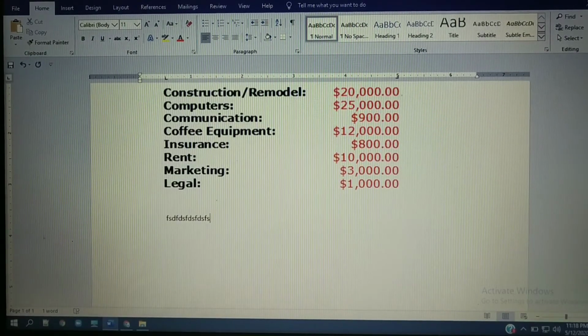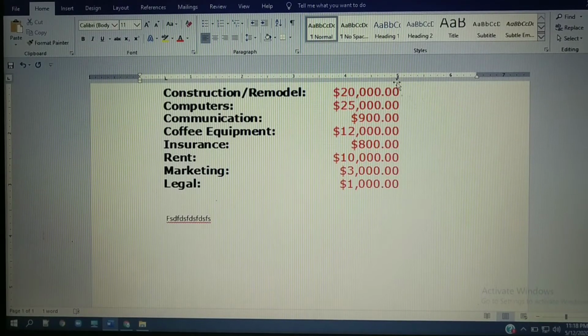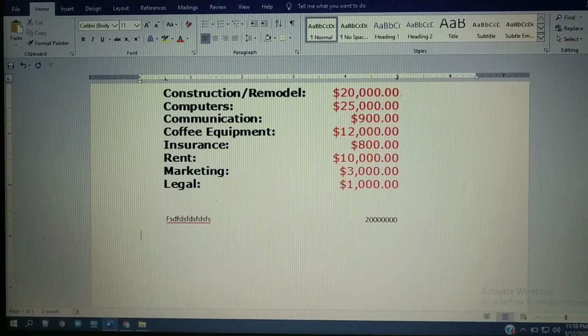Okay. Next, again you need to press the tab button. The cursor will come to the position of the second tab stop position, and now whatever text you want to write, you can write here. Okay, now you can see here, and press enter. Then again the cursor will come to the zero position of that ruler. Then press tab.